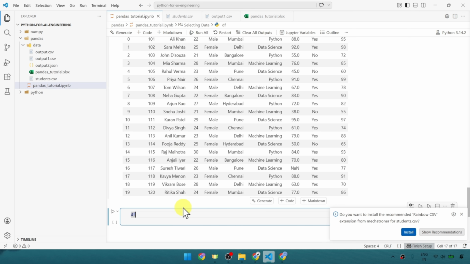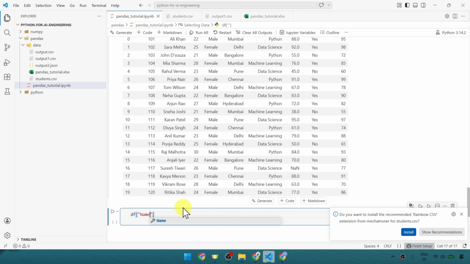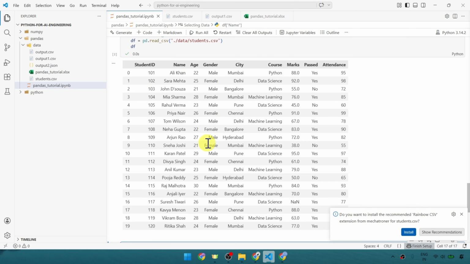So what we will have to do is provide this opening and closing of square brackets, and here we need to provide the column name. To provide the column name, you can either use single quotes or double quotes. Here I am using double quotes, and then the column name, in this case it is name, which is this one. And now we should be able to get one whole column,